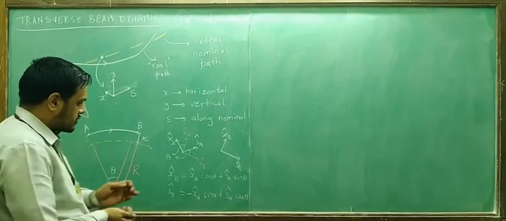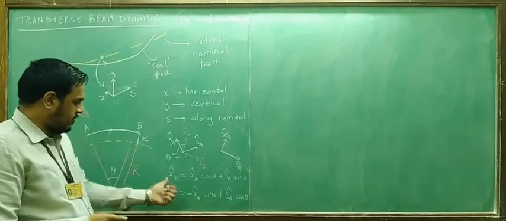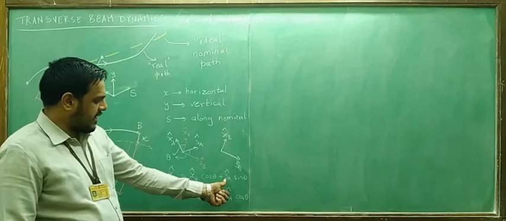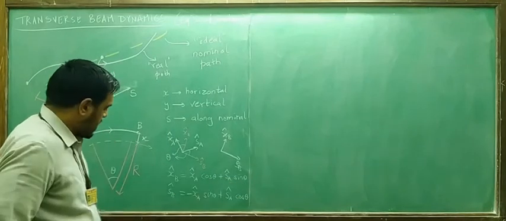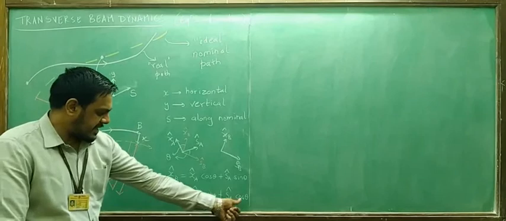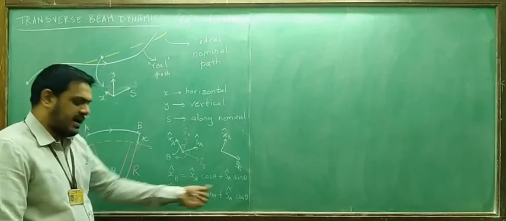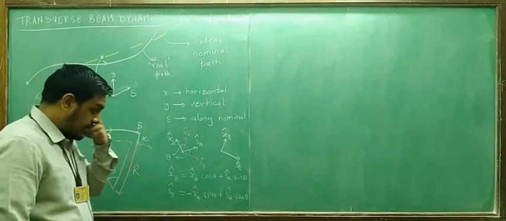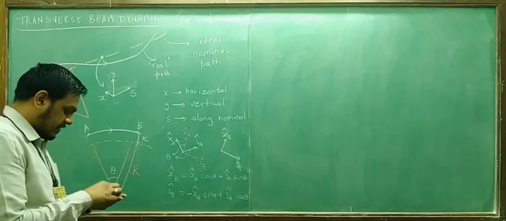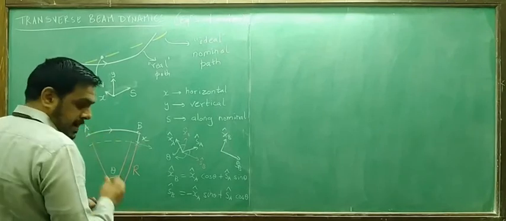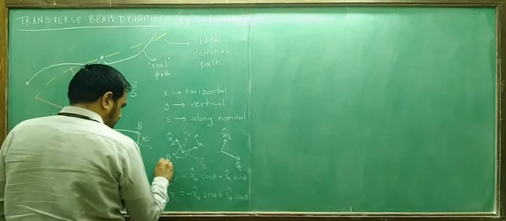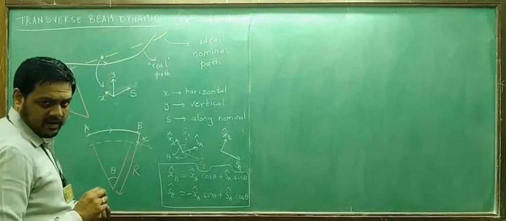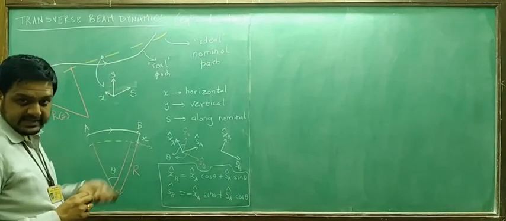If theta is very small, then taking xa to the other side, xb hat minus xa hat will be equal to sa hat times delta theta, and sb hat minus sa hat will be minus xa hat into delta theta. We will be using this relation soon. That is why this derivation was done in a preliminary manner. This is one part, and I am marking this for our future reference. We may need this at a certain stage.